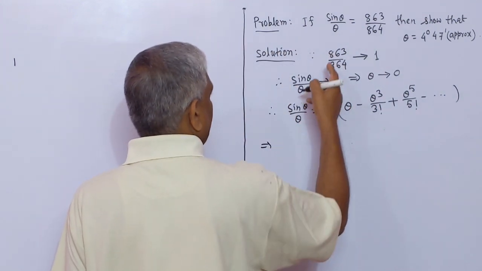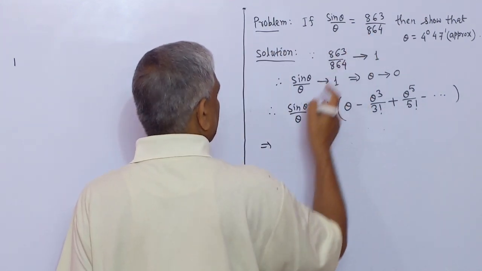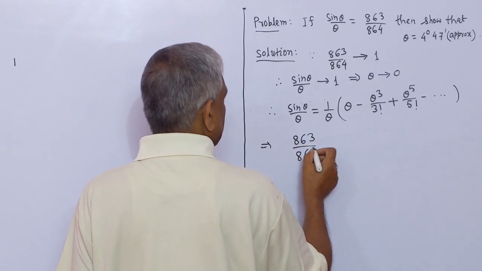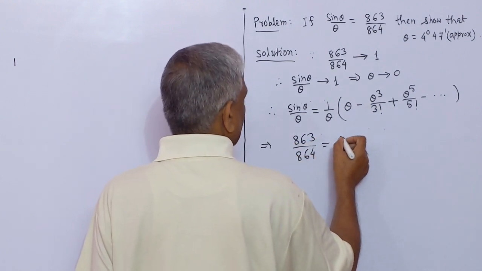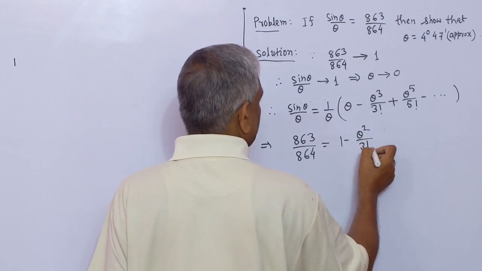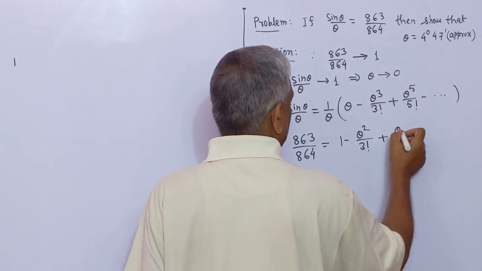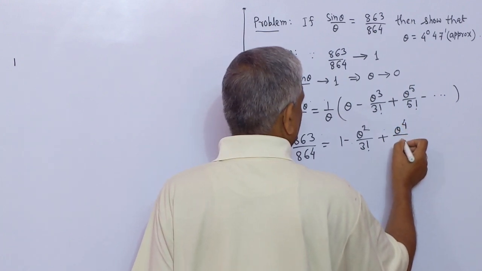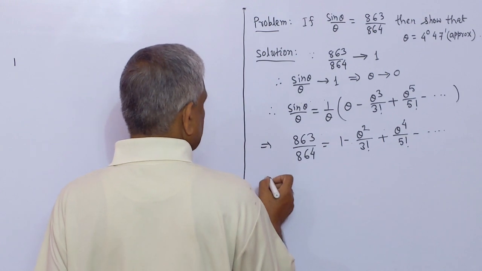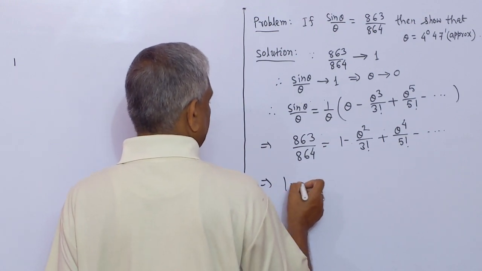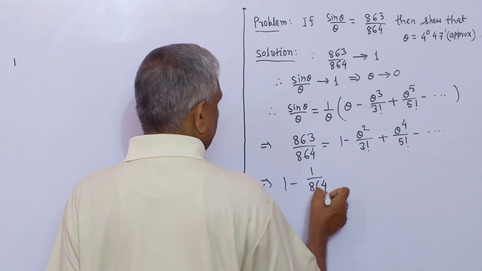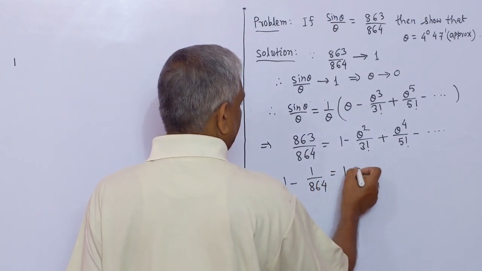This sin theta by theta equals 863 by 864, and this is 1 minus theta square by factorial 3 plus theta to the power 4 by factorial 5 minus dot dot dot dot, which implies that 1 minus, this is 1 by 864, this is equal to 1 minus